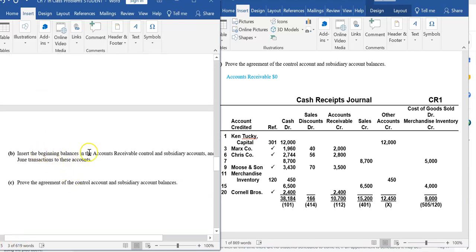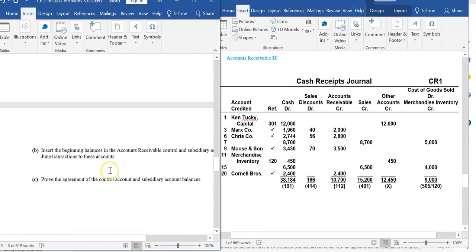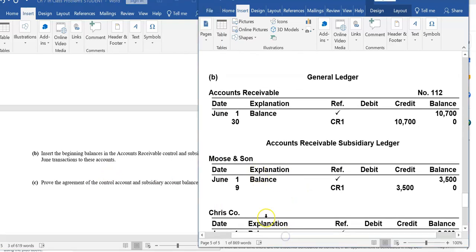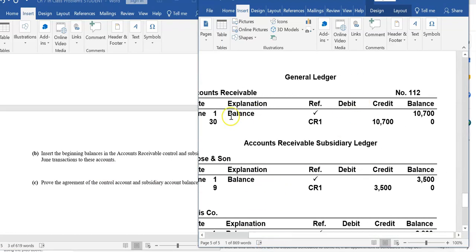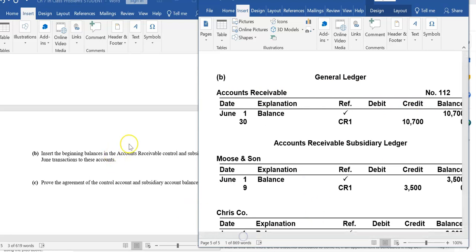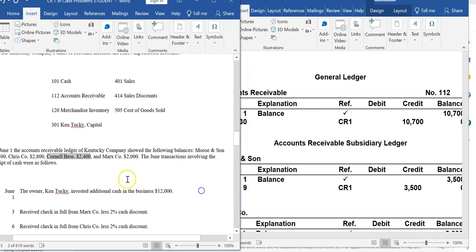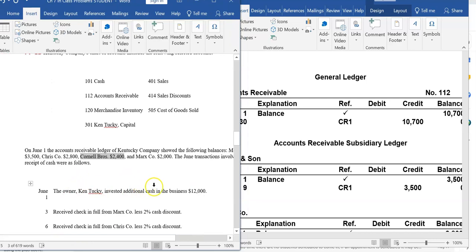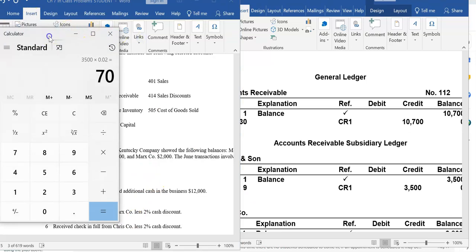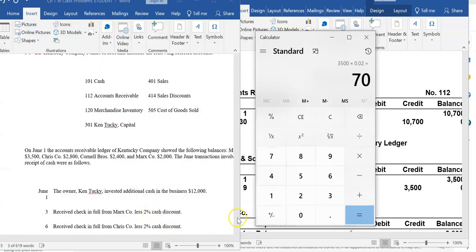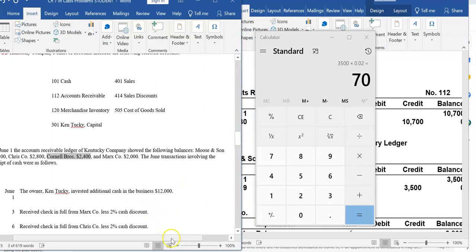Now we need to insert the beginning balances in the accounts receivable control and subsidiary accounts and post the June transactions to these accounts. So going down to the solutions here, here is the accounts receivable controlling account in the general ledger. We were told in the problem that the beginning balance in accounts receivable, well, they didn't give it to us, but we can figure it out because they started the month with